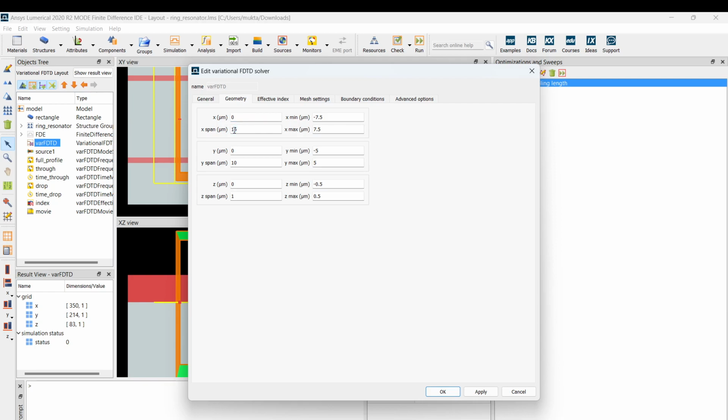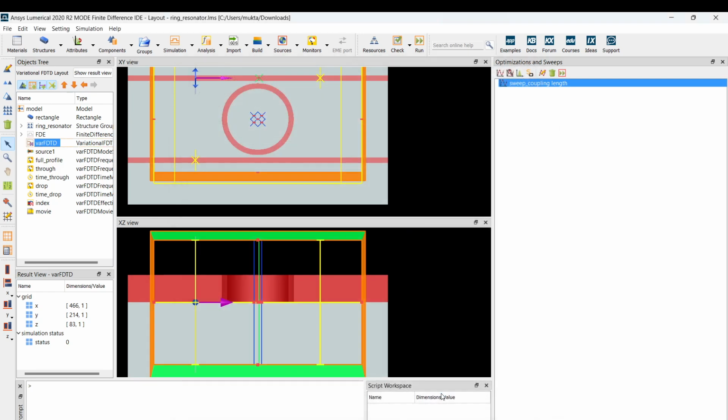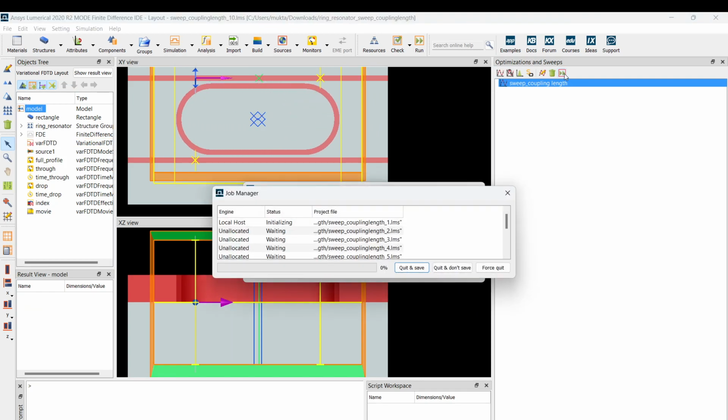Geometry expand, increase to 20. It changed from 1 minute 10 seconds to 10 seconds. That is the effect on the simulation time, because it has to simulate for that much time.